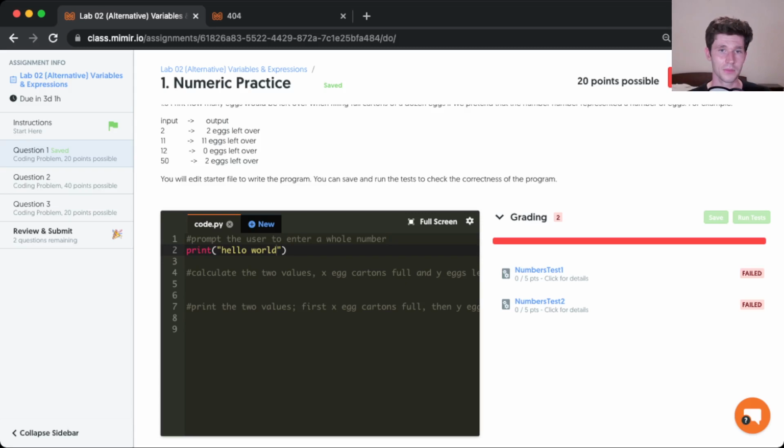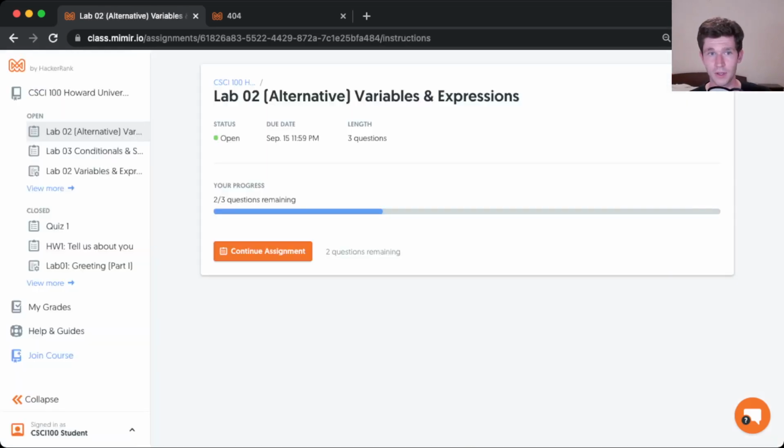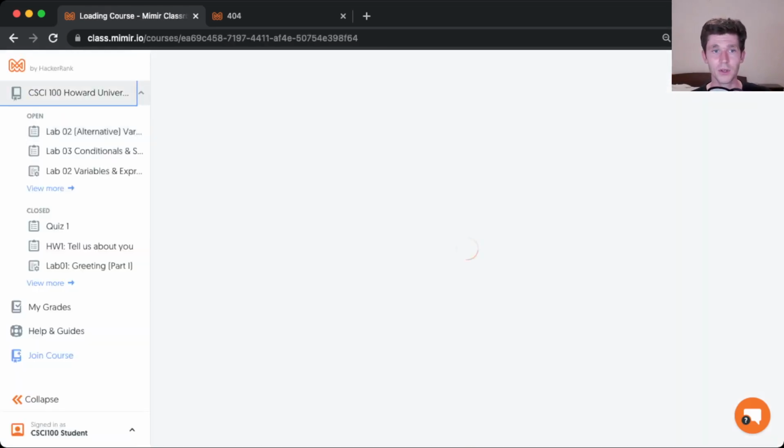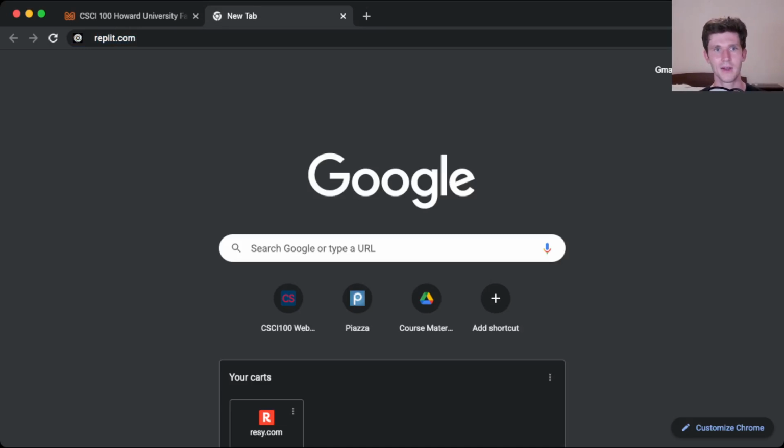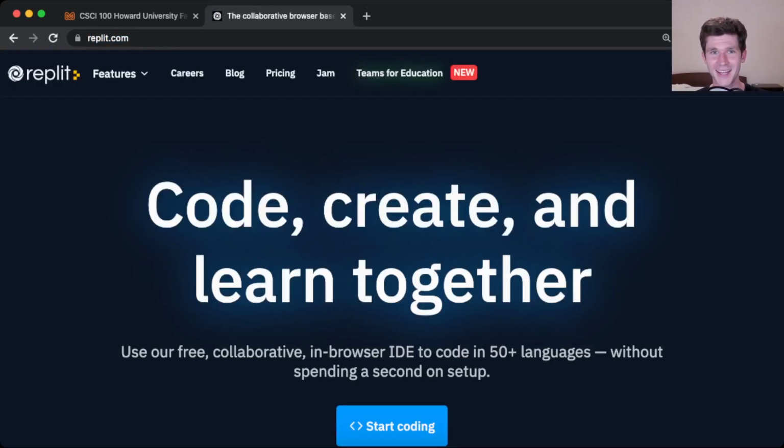So today I'm going to show you an alternative to the Mimir IDE that you can use to write code and run code the way we're used to, and then I'll show you how to download what you've written and submit it on Mimir. And so this alternative is called Replit. So if you go to replit.com,